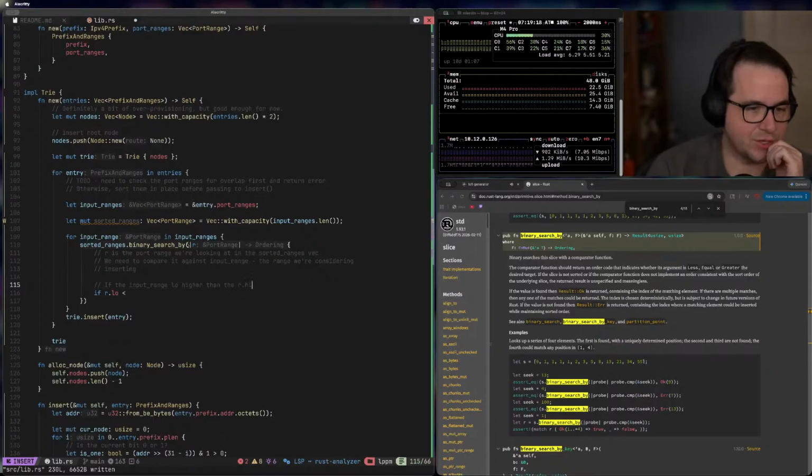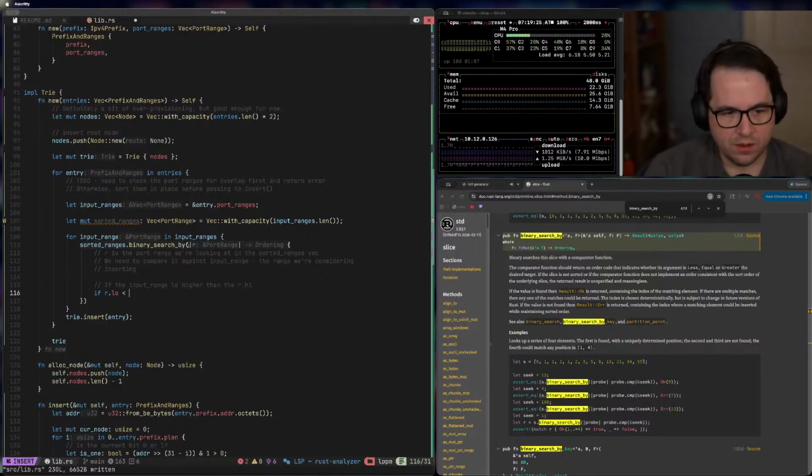Yeah, this is where I'm not sure if we can actually check for the overlap here. We might need something a little smarter. I'm going to have to bail here in a little bit too. If r dot low is greater than, let's make it reflect the comment, because I think that makes more sense. So input range dot low is greater than r dot high,